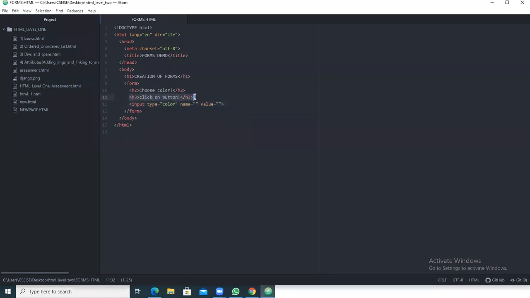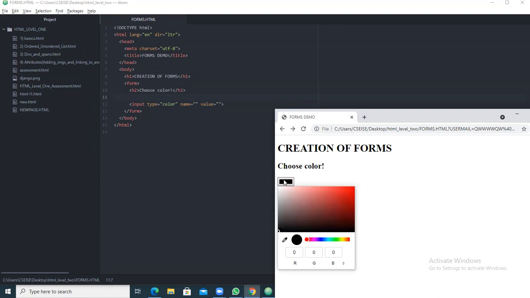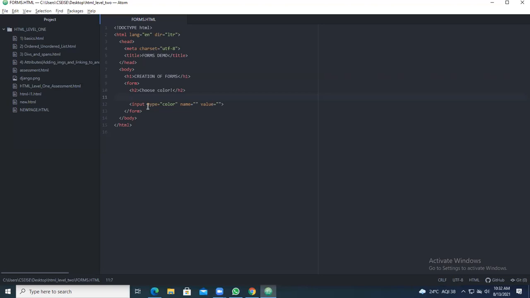If you remove this particular thing, I will delete it. Kindly see the content, how you are getting it. Run this. Choose color, you just click on that particular thing. Here you can choose the different colors. I go with this one because this is my favorite color, aqua blue. This is the choosing of colors, that is the fourth input parameter we have seen. The first input parameters are email, password, submit. Next you have color, and the final one you have is text.